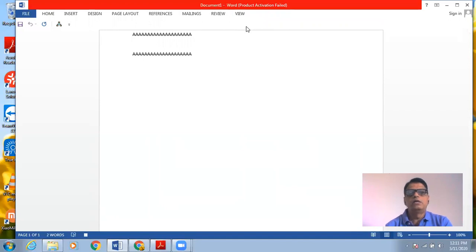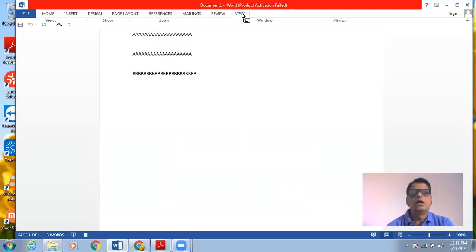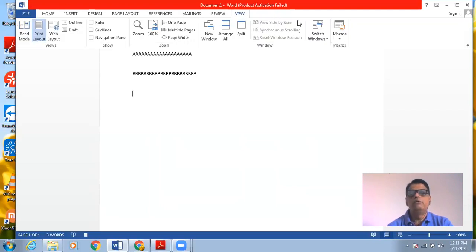Now you will find that the mouse pointer has changed its image, indicating that it is recording a macro. Suppose these are the certain actions that I am performing, and now I will again go to the View tab and I will click on Macros.